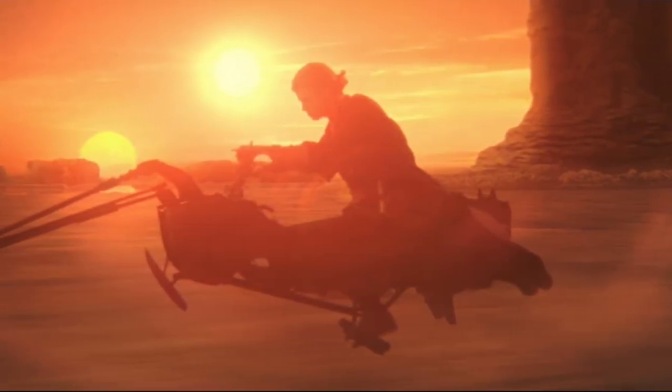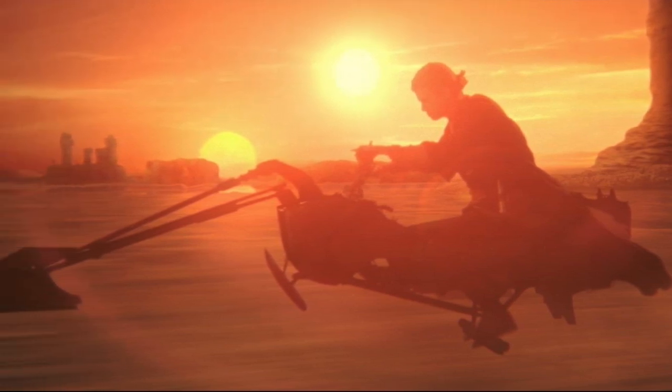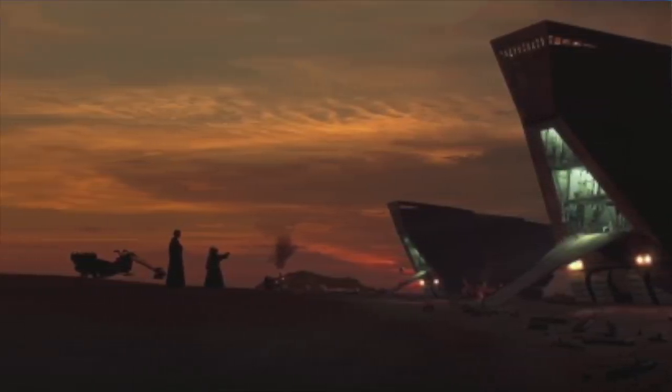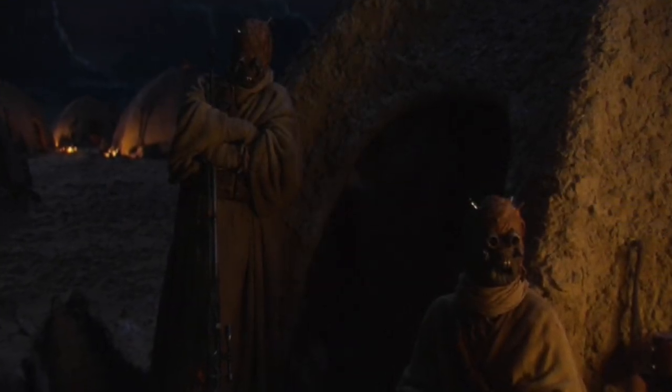You are to prevent your speeder bike from being damaged. You are to perform evasive maneuvers from any Tusken Raider ambushes, and you are to avoid any obstacles, which include rocks, debris, terrain, and sandstorms. The second objective is, as you have arrived at the Tusken Raider camp, you are to